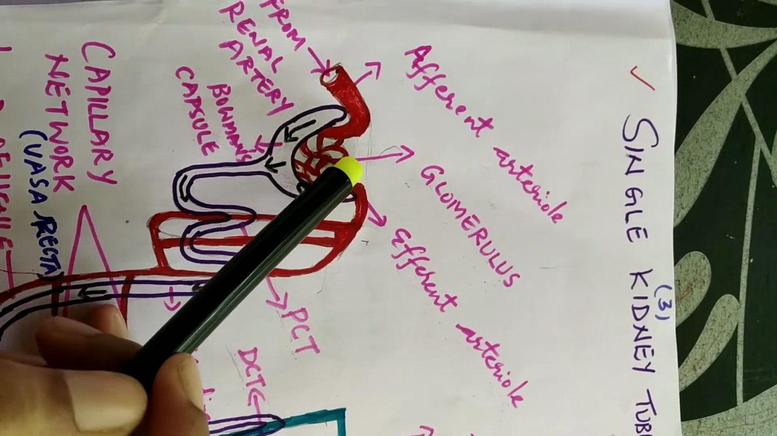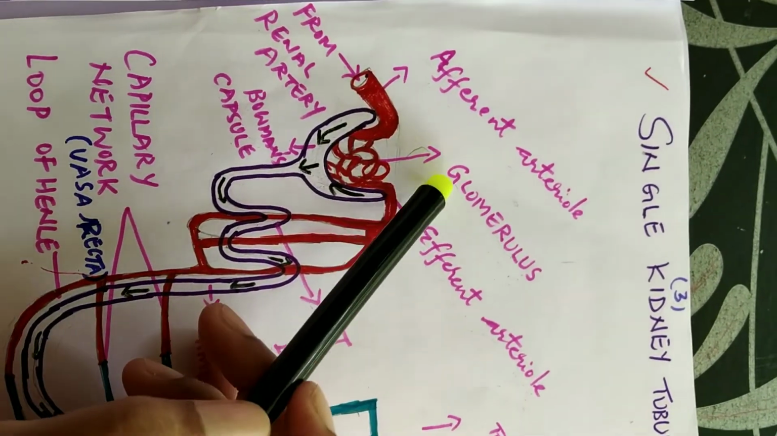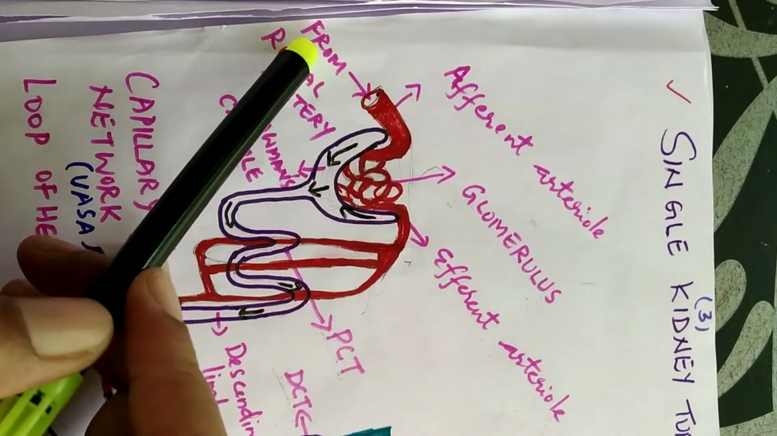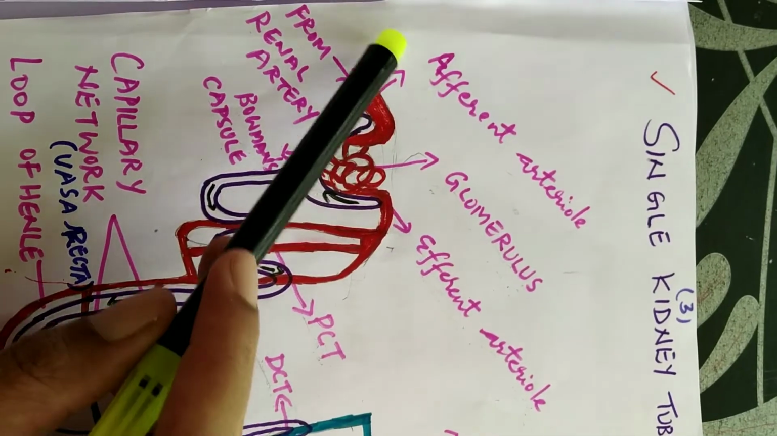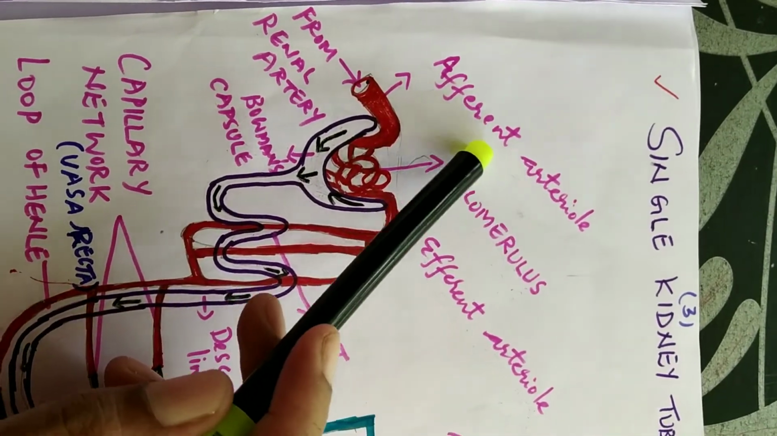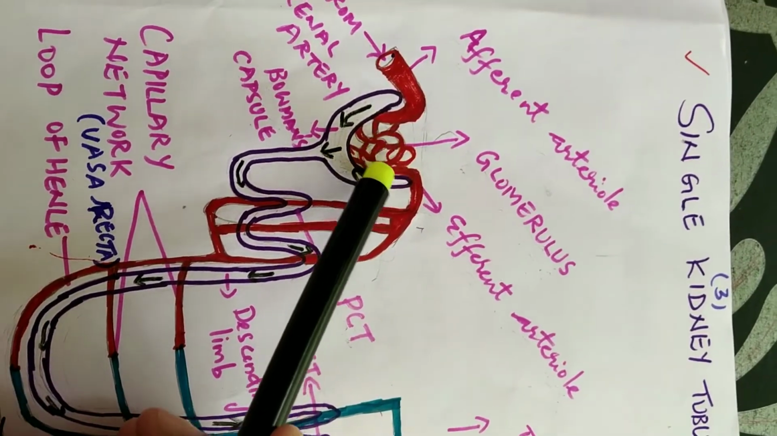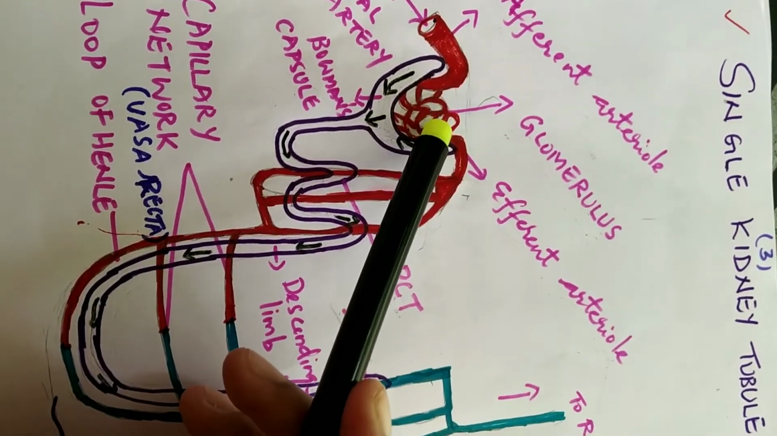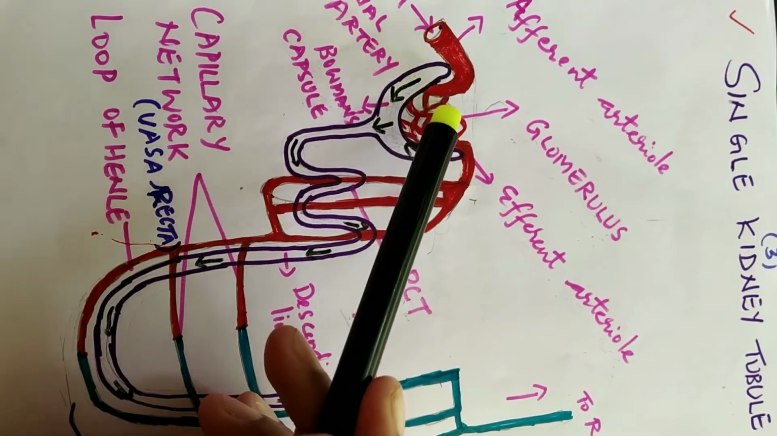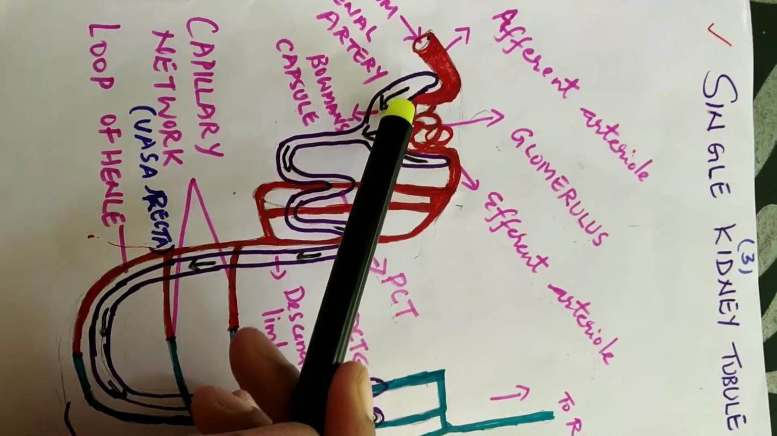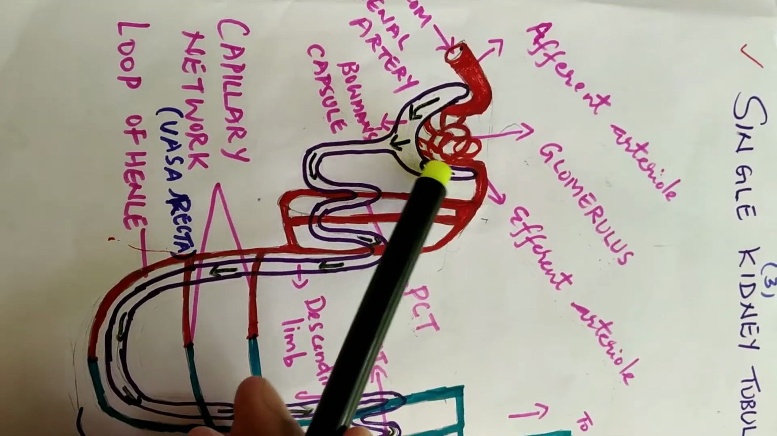Once more, the blood flows with a high pressure inside the glomerulus than in the capillaries elsewhere because the efferent arteriole is narrower than the afferent arteriole, or the outgoing arteriole is narrower than the incoming arteriole, which we call the afferent arteriole, which causes a high hydrostatic pressure inside the glomerulus. This high hydrostatic pressure forces the liquid part of the blood, which is called plasma, along with certain substances like glucose, amino acids, urea, to be drained into the cavity of